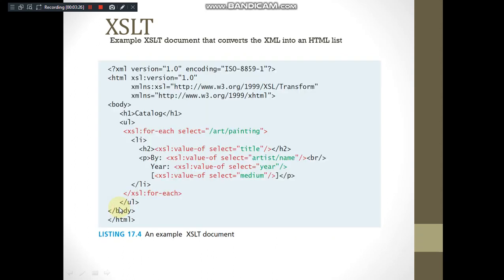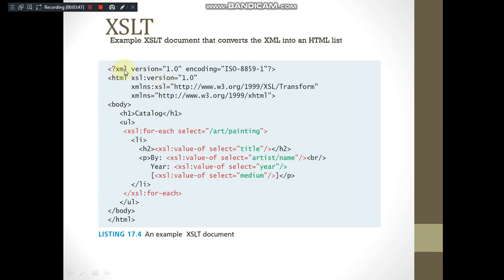So we'll see what an XSLT document looks like, which converts the XML into an HTML list. This is responsible for converting XML code into HTML directly. Here we are not making use of either a DTD or a schema. By using the XSLT document it is converted.